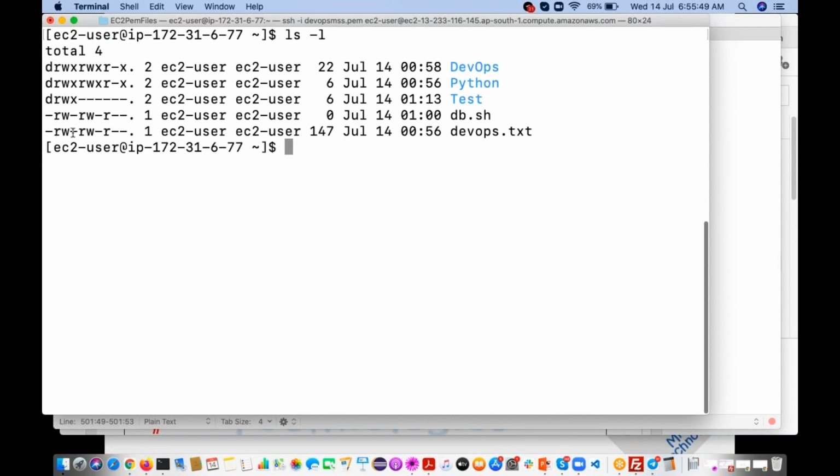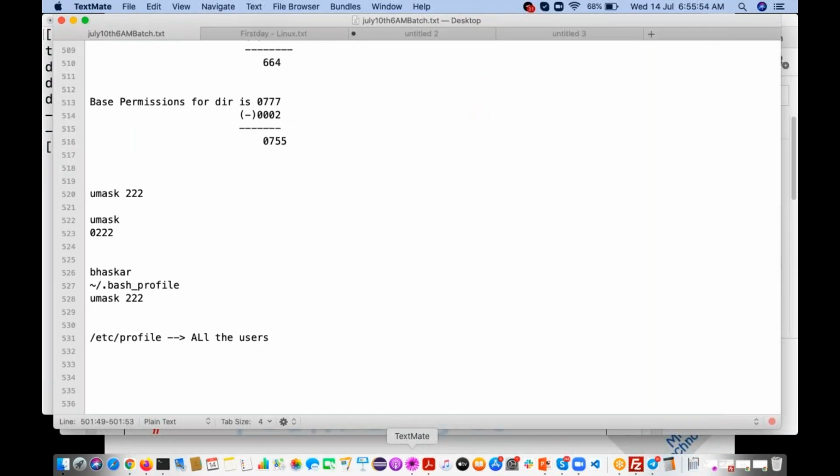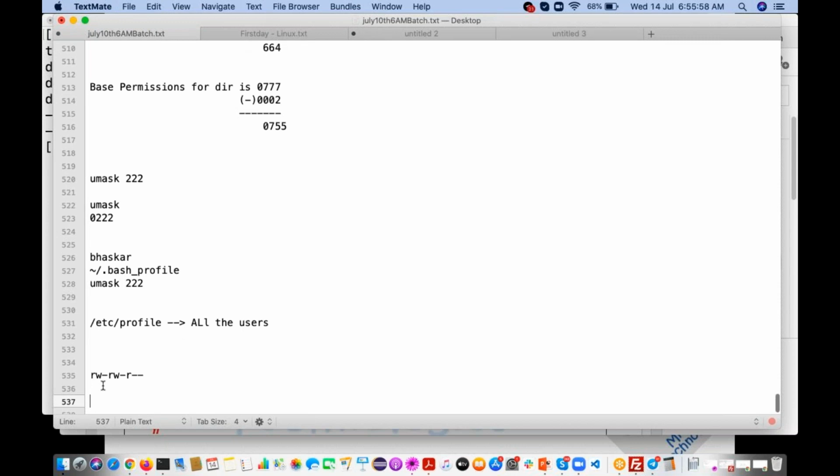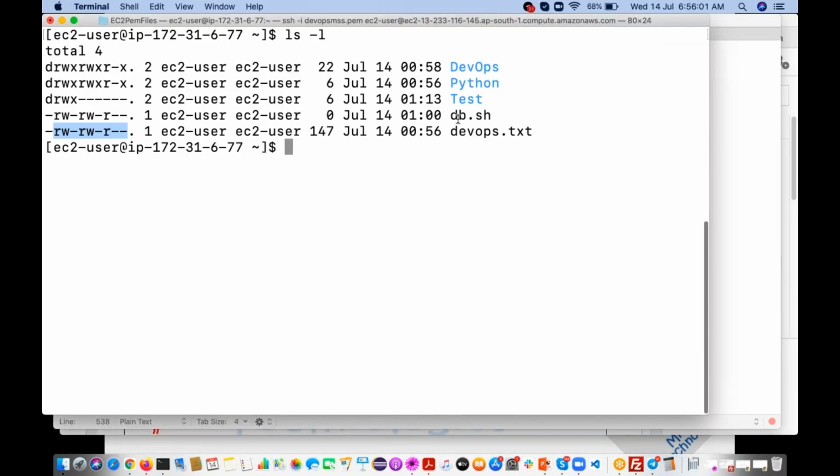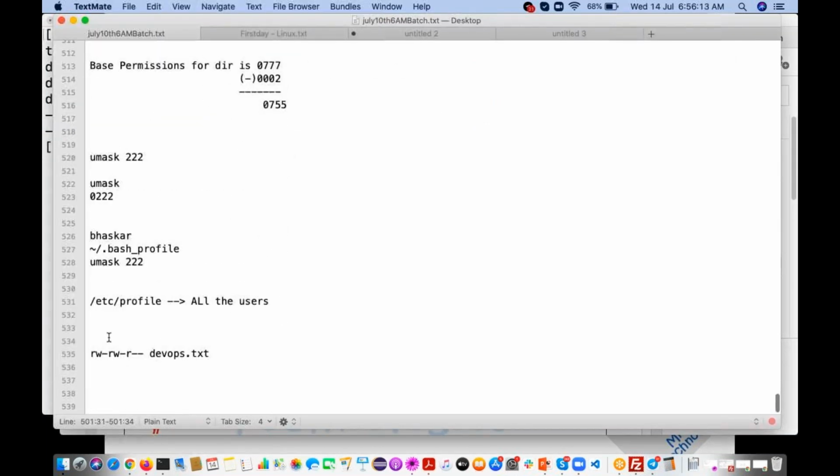Just copy these permissions and convert them. This devops.txt file was created with the normal user. If you create a file with the normal user, 664 are the default permissions, right?